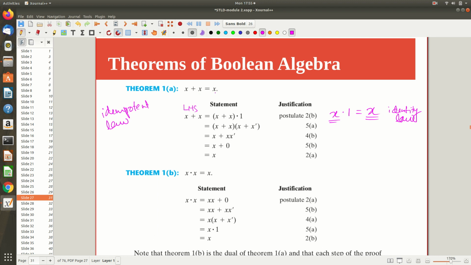So idempotency was not a basic requirement. It is something that happens in a Boolean algebra. Whenever I have a Boolean algebra, it holds the idempotency law, but idempotency is not a mandatory thing for Boolean algebra. But the identity law, or the presence of identity, is mandatory for Boolean algebra. So that is actually a postulate. Postulates hold by default, but this is a new theorem. That is something we are deriving, or observing, from the Boolean algebra.